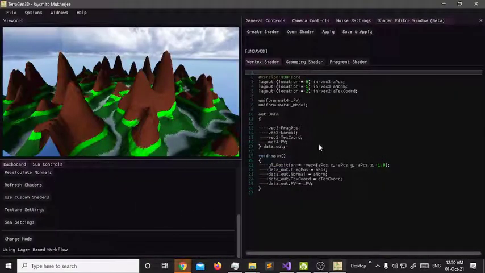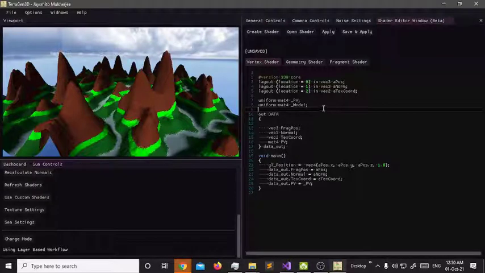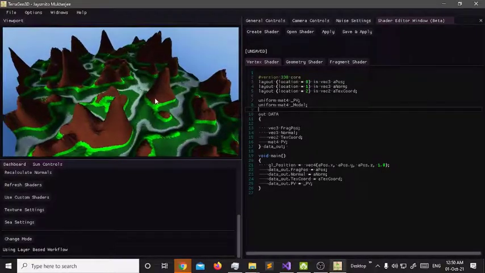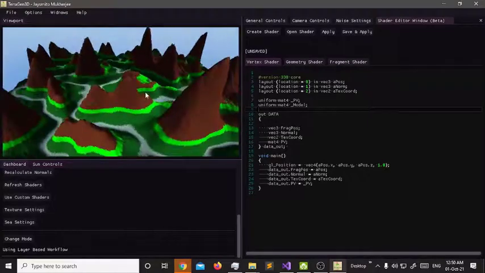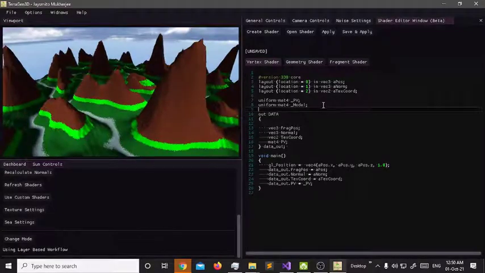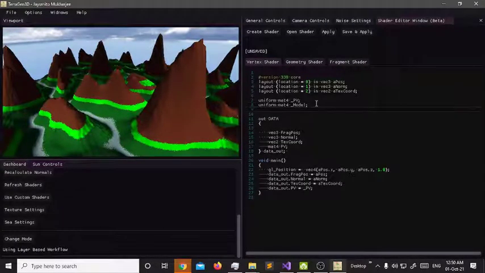Welcome. In this video, we're going to see some of the advanced stuff that we can do with the shaders. The main thing in this video will be the uniforms that are available for the shaders. The application provides a lot of default uniforms available to the shaders. For example, apart from this model and all these uniforms, you've got something like